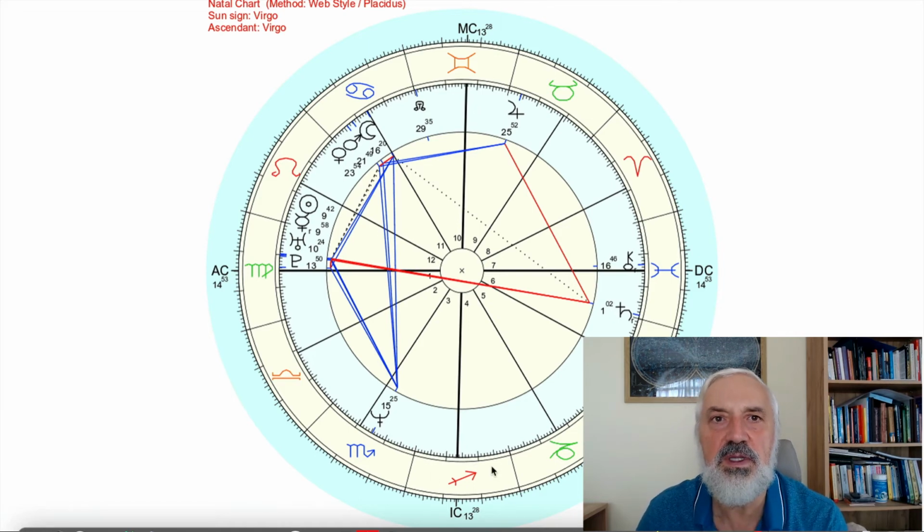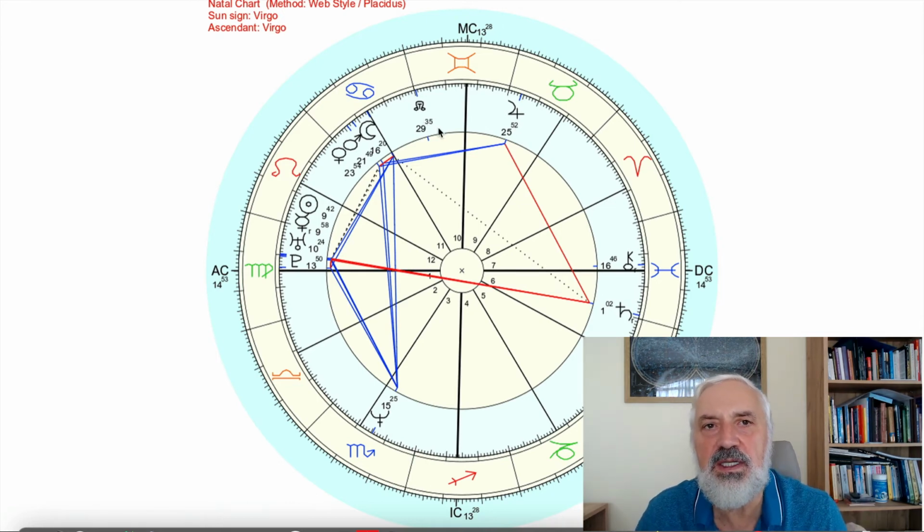Now let's have a look at the planets. The sun, this is the symbol of the sun. It's probably recognizable, and it's not far from the ascendant. It has just risen. It's morning, you see, and the moon is a little bit higher, the same as in the original simple natal chart. But of course there are many more planets here. Mars, Venus, Mercury, Uranus, Pluto, Saturn, Chiron, Jupiter, lunar node.